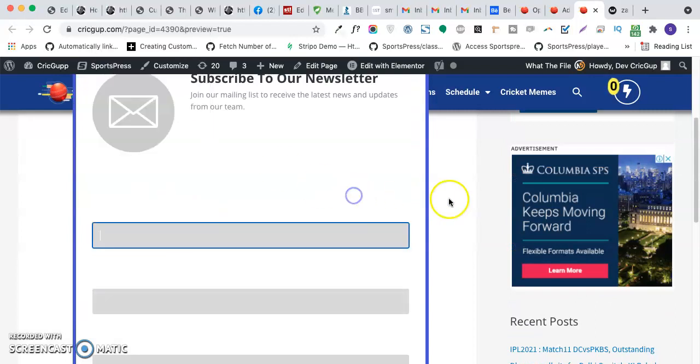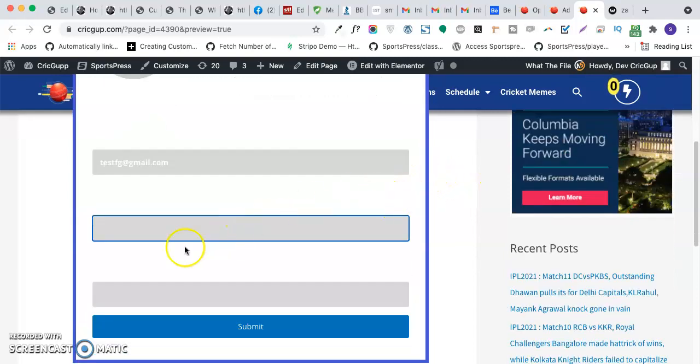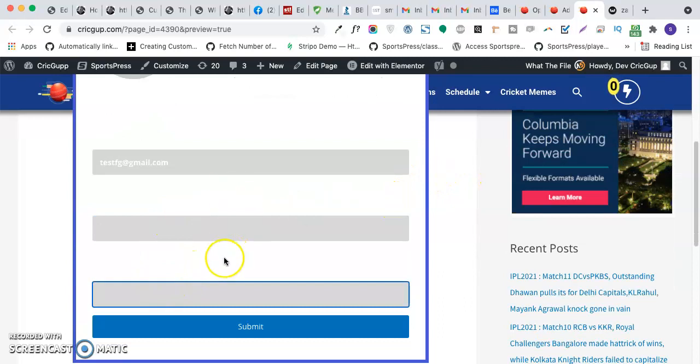I'll subscribe and see if my subscriptions are going to Sendy or not. So I'll add a test email at gmail.com. Any dummy email we can add. Also, as you can see, the field names are not appearing, so we will need to customize the form as per our requirement.